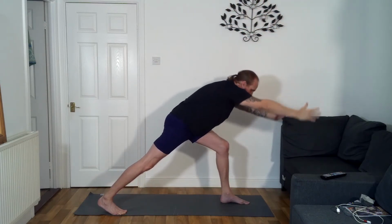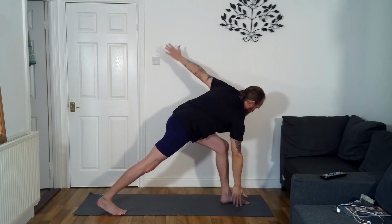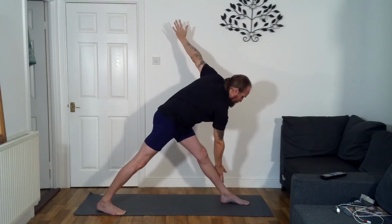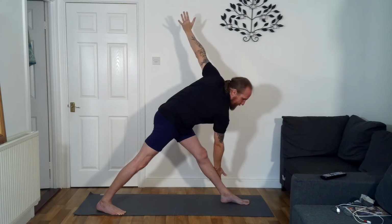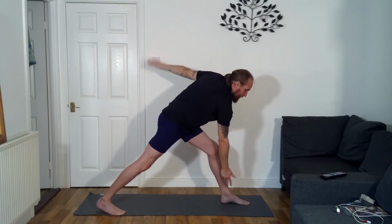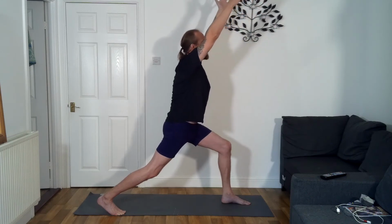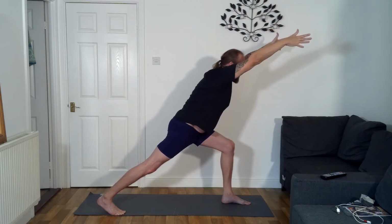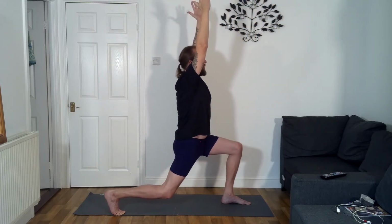arms come down. Keep the right fingertips pointing down, keep circling that left arm round, and then if we can, we're going to straighten the left leg, right hand across to the outside of your left leg or onto your left leg. We'll come back up to lunge, so the right knee moves forwards, we raise back up, bringing the chest forwards and reaching forwards, bending your back leg so it brings the body upright, gaze forwards, straightening